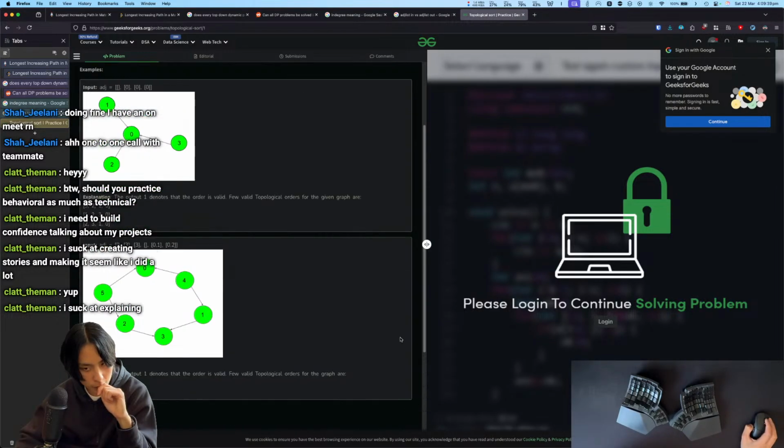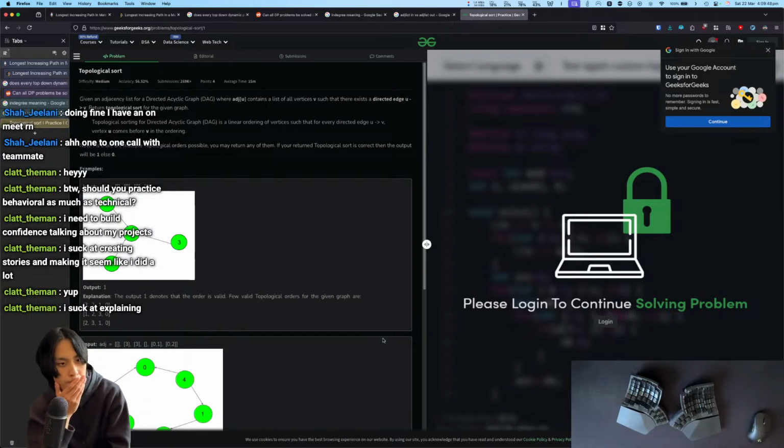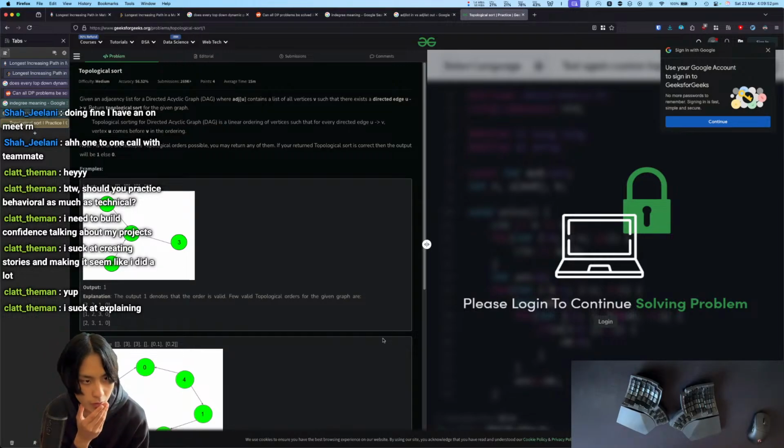Adjacency matrix. Now, so given an adjacency list,